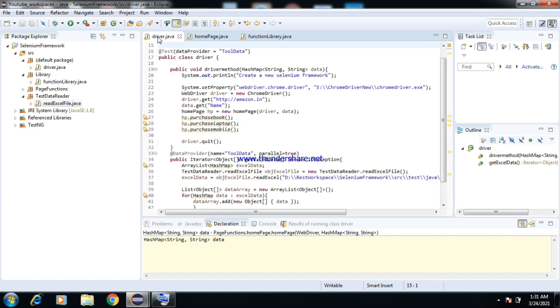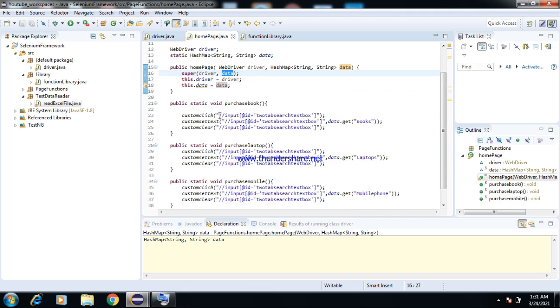So we can have a separate notepad where we can add the objects. So it will be easy for us to write the XPath values and object identifier values. From there we can read the notepad and bring it to the driver, and from there we pass it to the pages. So this is a good practice. So let's see how to do this one.